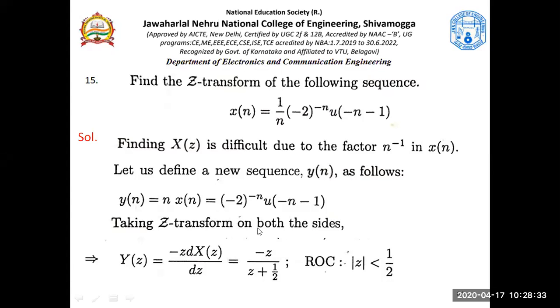Maybe I should have discussed that here. I should have brought that equation here, then it would have been much easier for you. Let's not bother, let's just understand. In this, there should be a minus of b, so there is no minus outside. That's why we are compensating by having a minus on the right hand side, on the z transform side.